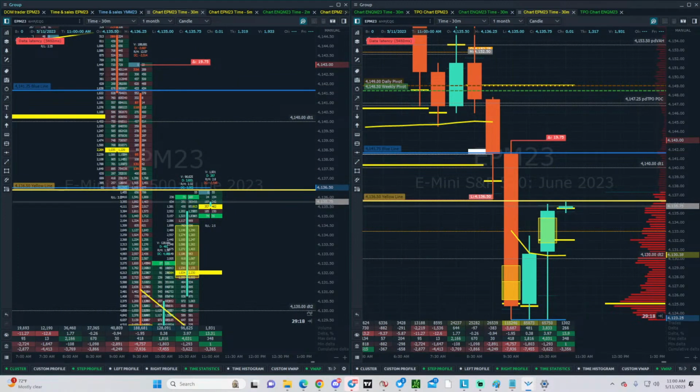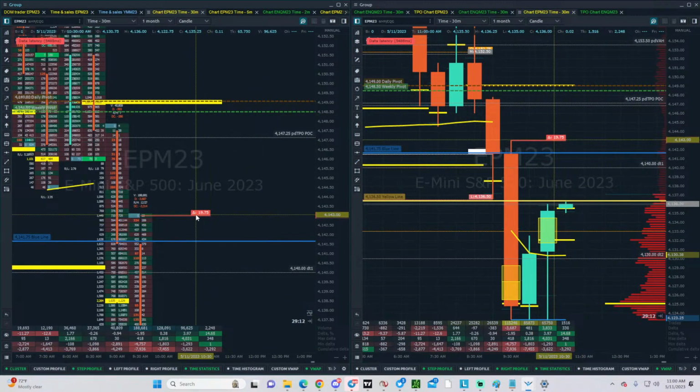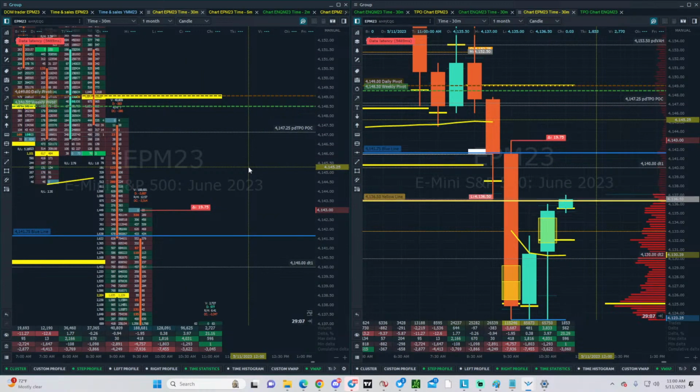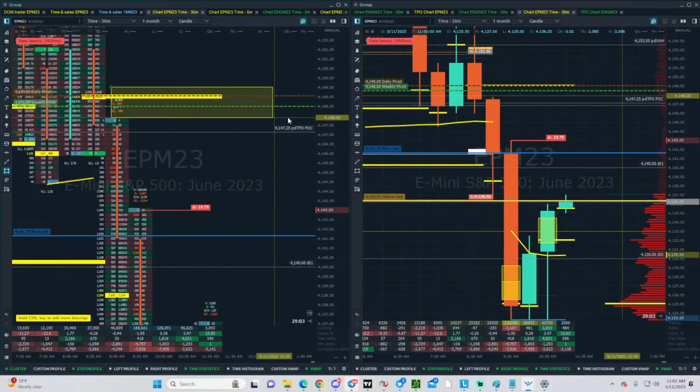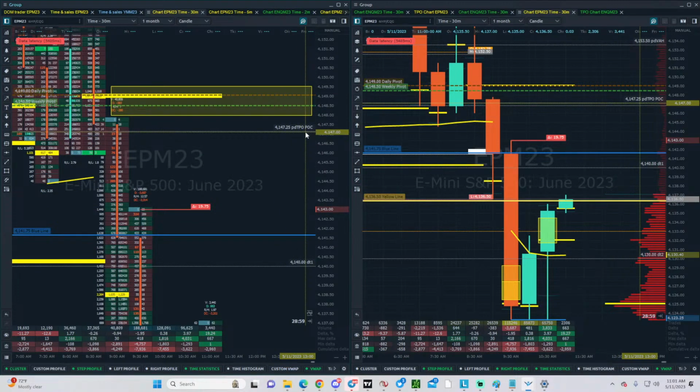But NQ is getting back to the open right now. This is the opening range high for 30 minutes, and then you get the pivots over here. If I was going to take a shot at a short, this is your best chance because the POC from the previous day is right here. Like I told you before,